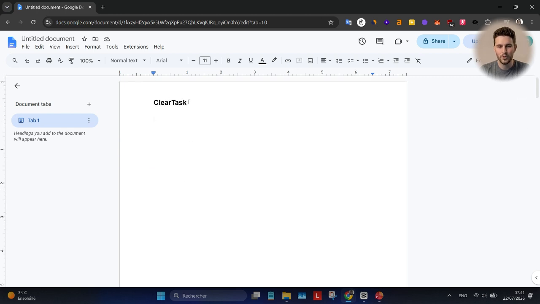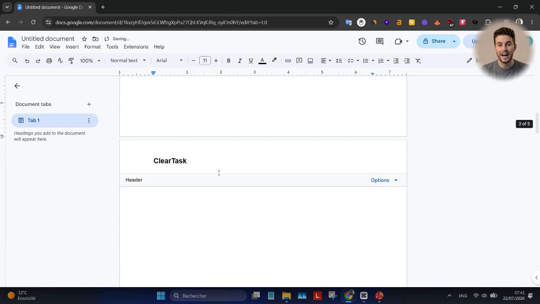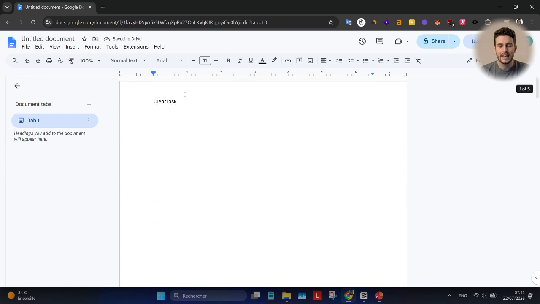The fastest approach is perfect if you only want a header on your title page. Open your Google Doc. Go to the very first page and double-click inside the header area to open the settings. Check the box labeled Different First Page. Now, scroll down to your second page, double-click inside its header, and delete the text. Because you checked that box, your first page header stays exactly as it is, but the second page is completely